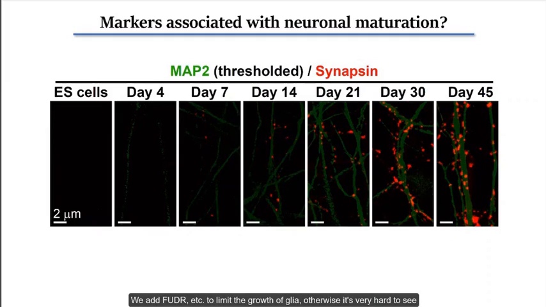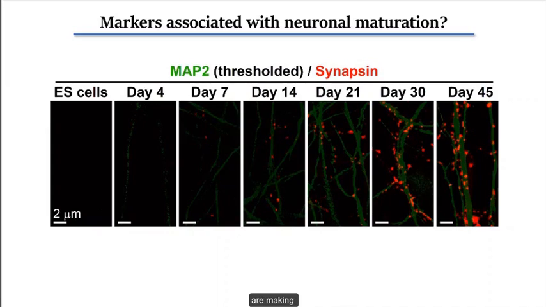So I try to decrease the amount of glia, to differentiate the human neurons from the glia, because there's too much signal. Of course, you can make high density cultures. Even people, I will be showing you, are making organoids. They are dense, packed with cells. So I'm just showing you the monolayer protocol so far, where you can still see gradual development of the neurons in terms of maturation, marker expression, and also functional maturation as well.